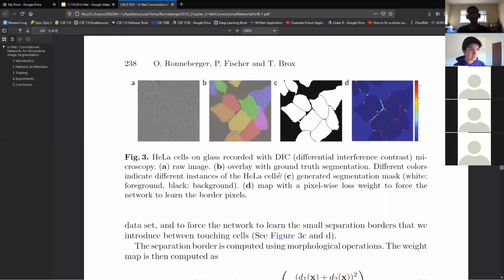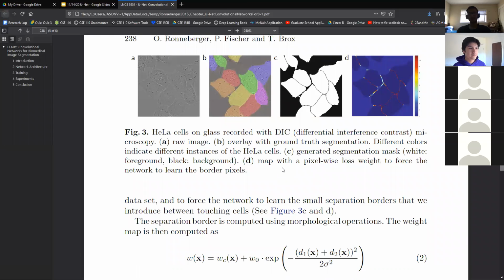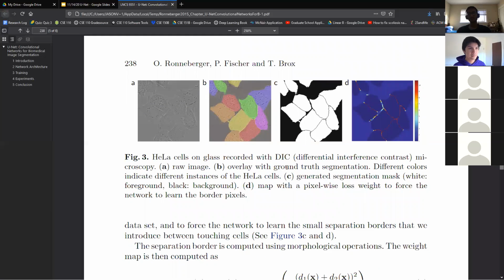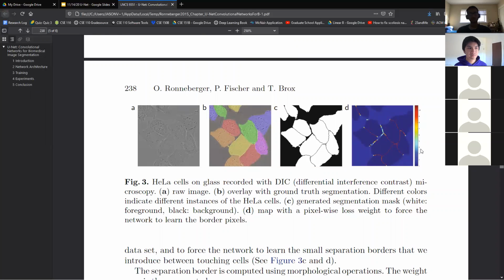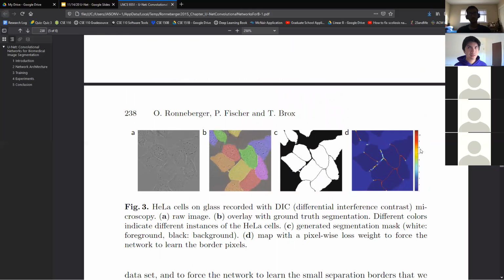This is what the UNet does: it takes that input, and using that input, it generates these weights for each pixel. Then by plotting the weights for each pixel along with the pixels, you can see the borders. I think what UNet does is it takes these borders and then does the segmentation based on those borders. So they just add it to the loss function. Is there anywhere else that they add it, or is it just for the loss function? I would say these weights are the outputs of the loss function, I think, if I interpreted that correctly. I don't know.